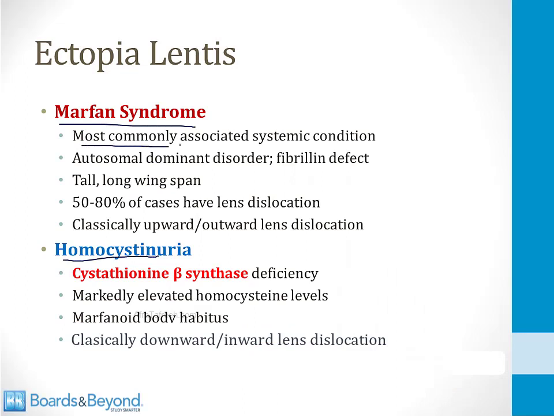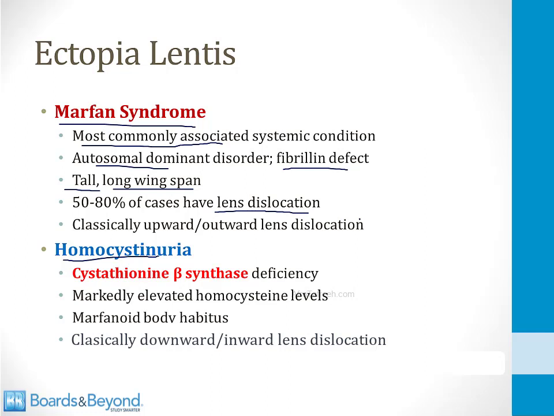Marfan syndrome is the most commonly associated systemic condition. It is an autosomal dominant disorder that leads to a fibrillin defect. Patients with the Marfan syndrome have a very typical phenotype. They are usually very tall with a long wingspan. In addition, 50 to 80% of them will have dislocation of the lens, and classically, the lens is dislocated upward